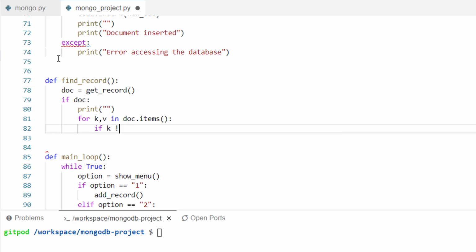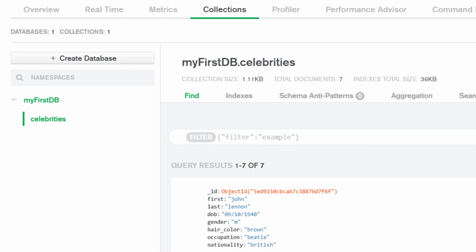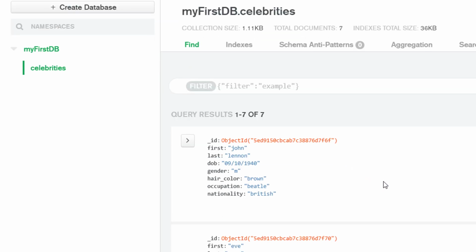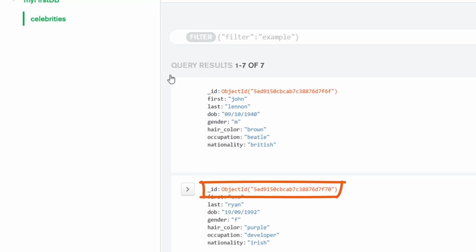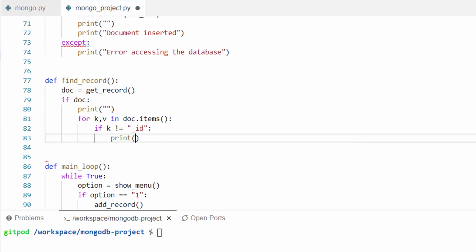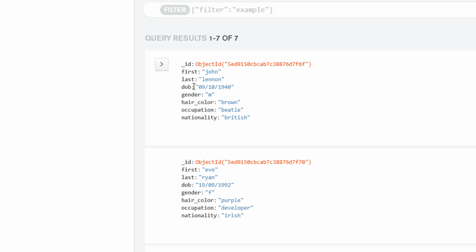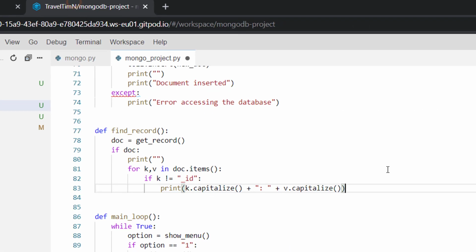The first thing we want to check is if the key is not equal to _ID. The ID, if you remember, is the default key that gets created by Mongo, which we don't want to display. If the key is not equal to _ID, then let's print the key using .capitalize plus a colon and space to separate the value, also using .capitalize. This will print both the key and value with the first letter capitalized because we've stored our data in all